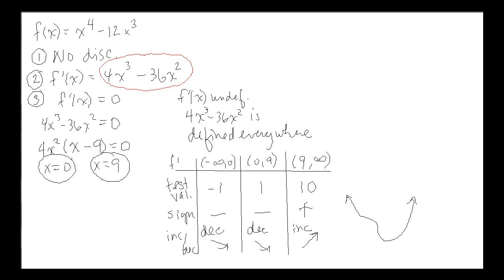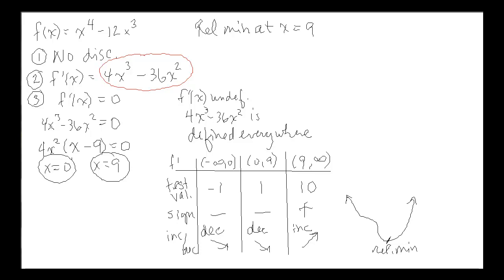All right. So that wasn't the question I was asked. The question I was asked was to find all relative extrema. Remember, our test for relative extrema is, do I change from decreasing to increasing, or do I change from increasing to decreasing? A change in sign from one side of the critical number to the other. So there's no change in sign as we go from the left to the right of 0, but there is a change in sign as we go from the left to the right at 9. So I do have, down here at the bottom, a relative minimum. So I have a relative minimum at x equals 9.